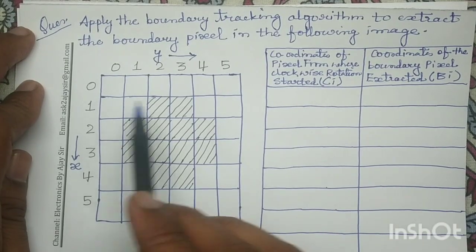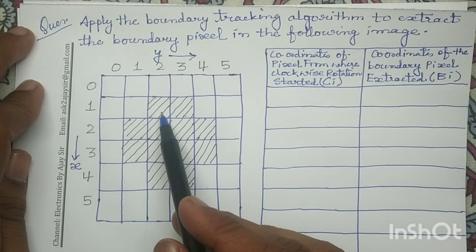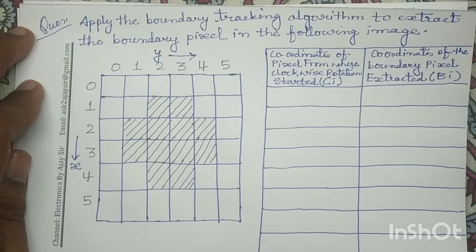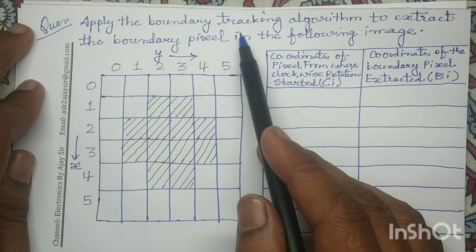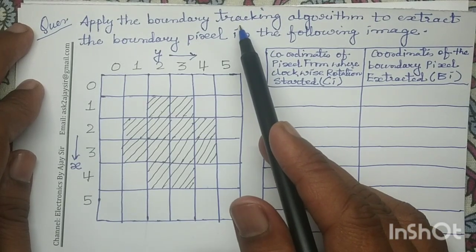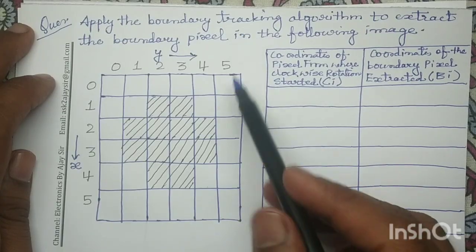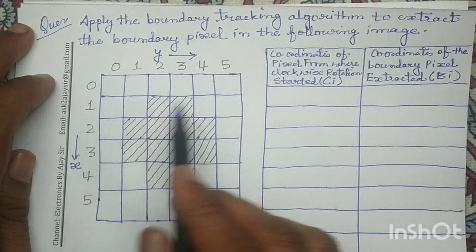So in this question, this shaded portion represents the object pixels, and this white portion represents the background pixels. So in order to start this algorithm, that is called the boundary tracking algorithm, we have to first target the topmost pixel and the leftmost pixel of this given